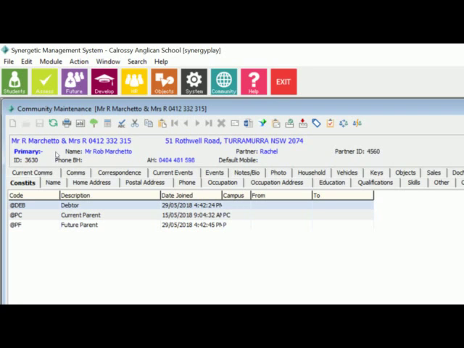No. Rob as the staff member. No, you could leave her as the debtor. You need to have them showing all the relationships. That's the whole point of having only one person. So we can turn Rachel into a debtor instead of just being a current parent. Well, she is a debtor. That's the way Synergetic works. Even though the bill or statement might go out to Mr. and Mrs. as debtors,